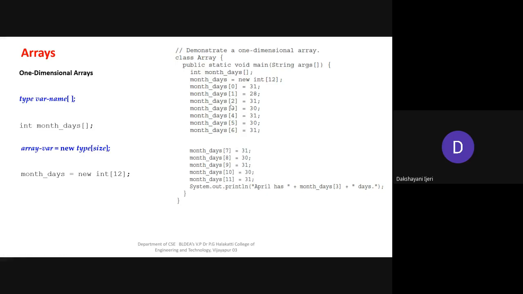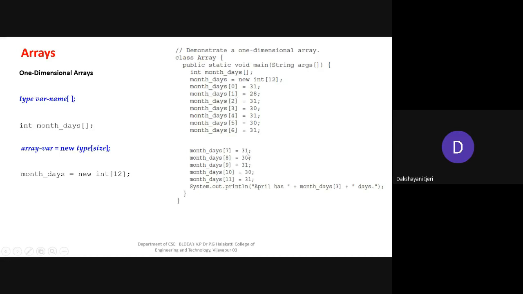Just tell me how many of you have completely forgotten about the arrays that you have so far studied in any other programming languages? Because assuming that you have a little bit of knowledge of arrays, I'm explaining with this example. But if you have forgotten everything about arrays, then it might be quite difficult for you to understand here.